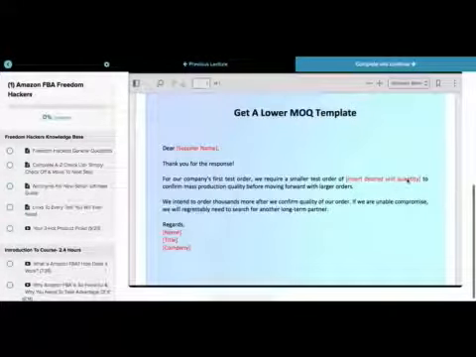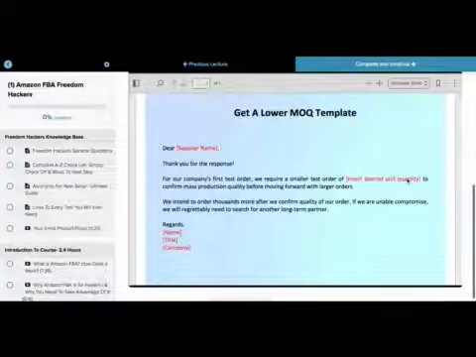So it's very straightforward, sweet, and straight to the point. You're just going to say, "Dear supplier name, thank you for the response. For our company's first order, we require a small test order of," and you're going to put in 500 or 300 or whatever amount you're looking at purchasing,